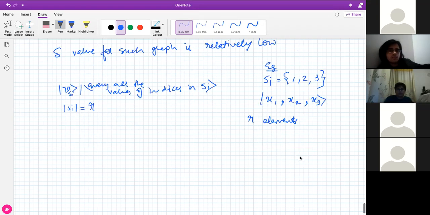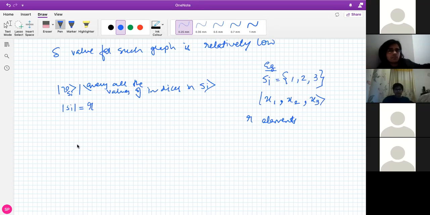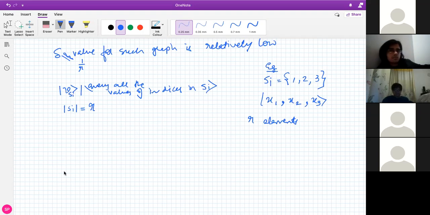Another thing: when I said this delta value is relatively low for these graphs, the delta value is actually almost 1 by R. It's very close to 1 by R for a graph like this. So what else do I have? In such a setup,